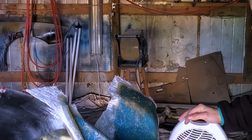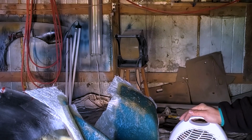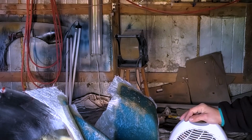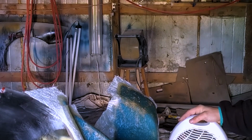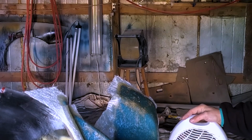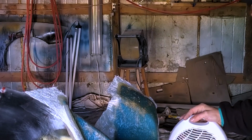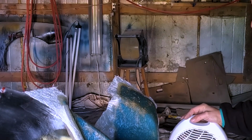So I did some reading. It turns out below 60 degrees, fiberglass won't cure. And so this did not cure. It didn't get hot enough to cure, which is unfortunate. So I'm going to try to save it by using this little heater, hopefully getting it up to temperature. I did, for those that are concerned or that know, I did use 2% of the MEK measured out by a scale,